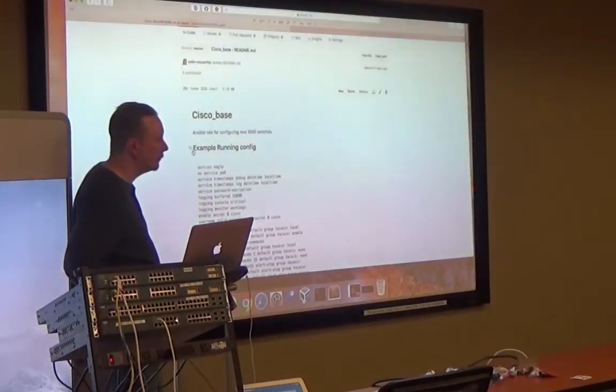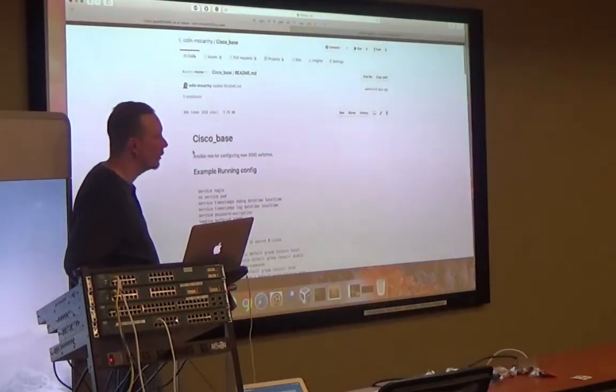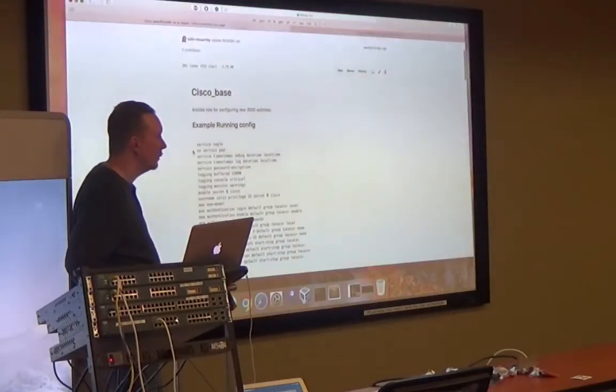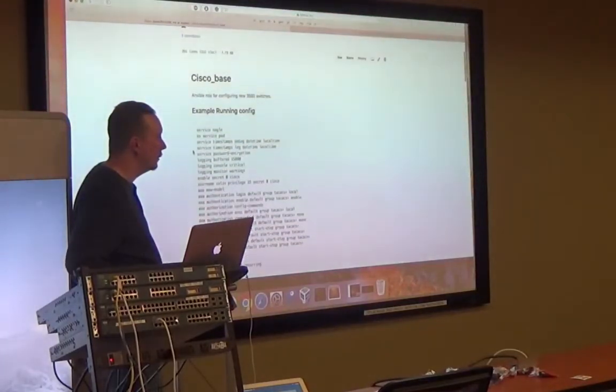If you're using TACACS or something like that, you've got a username and password to log into things. You don't want to log in with a shared credential account. You want to log on as you, Colin. How do you preserve that username and password from being in your scripts so people